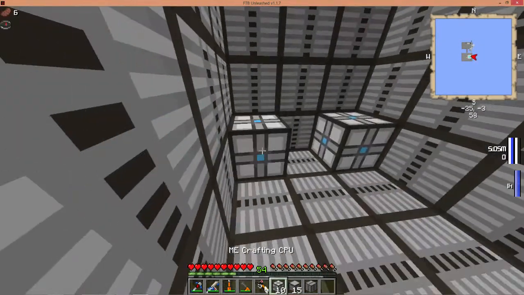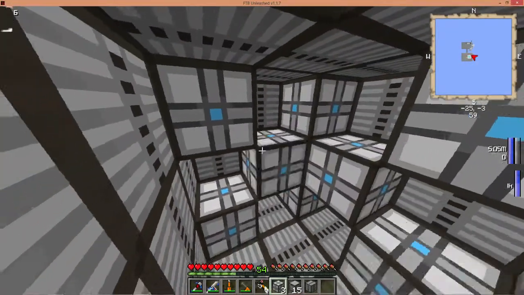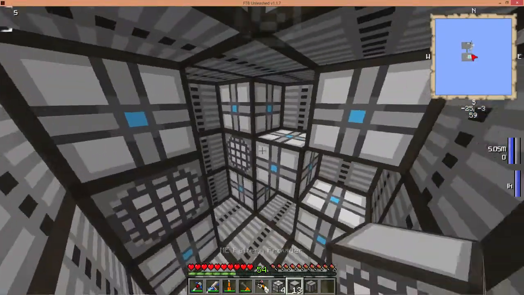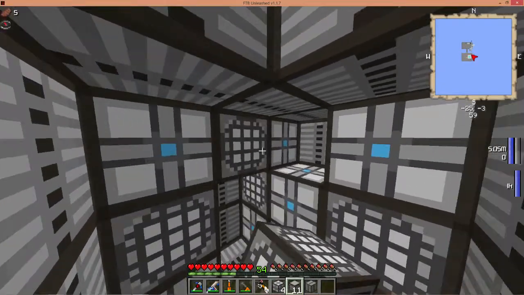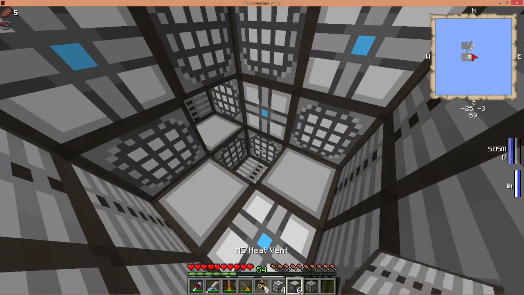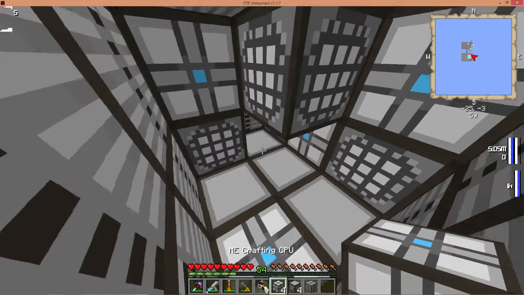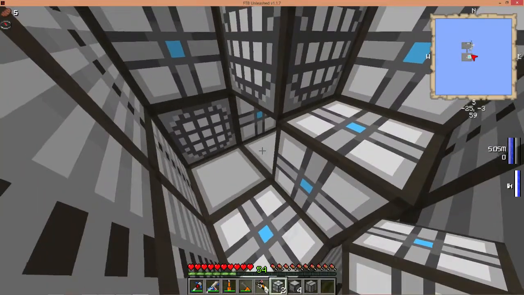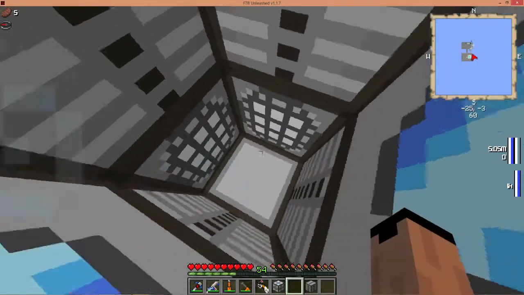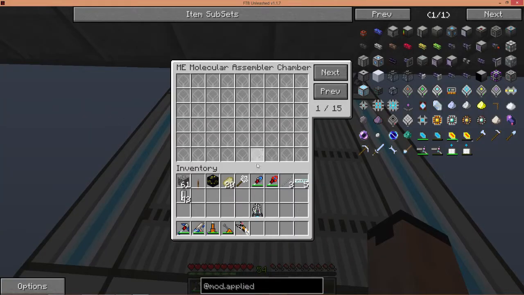But all you should need to do, and I'm just arranging this the way I am because I want to, there's no rhyme or reason to you placing it one way versus another. Although I should go ahead and place pattern providers in the empty spaces. And they'll go there, there, and you can actually go ahead and put patterns in them while it's unbuilt. But I want one there and one there, and one, 2, 3, 4, 5, 6, 7, 8, and the last component, which turns it into an ME auto crafter, or a molecular